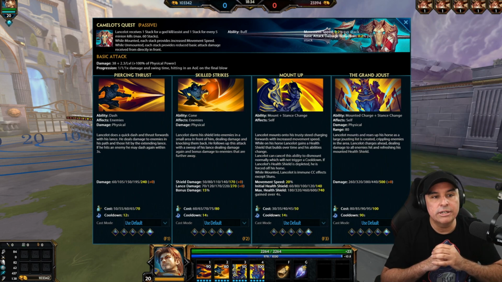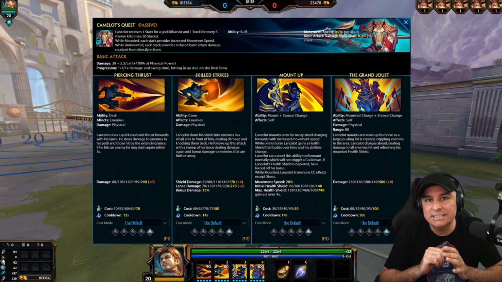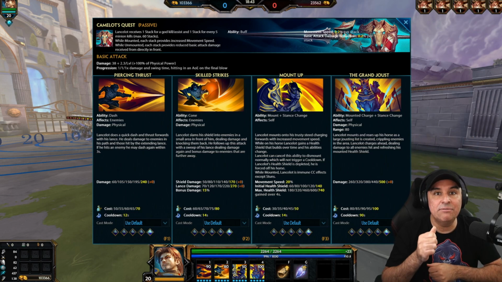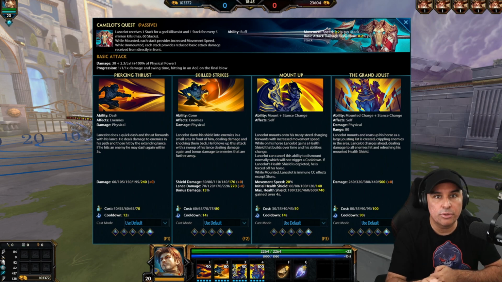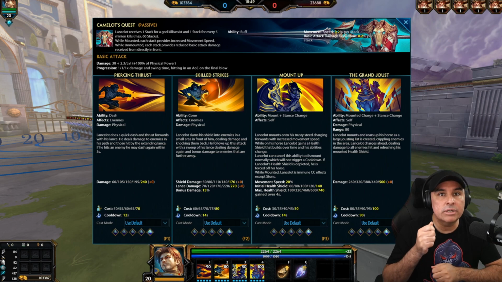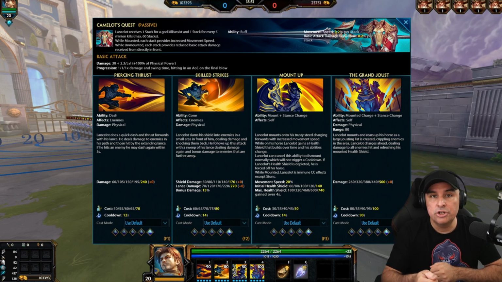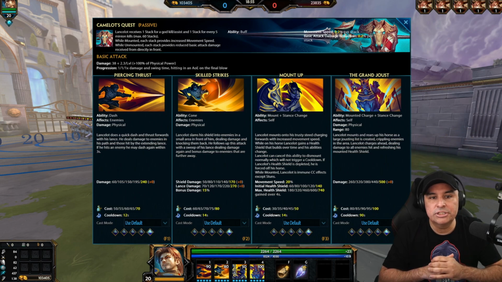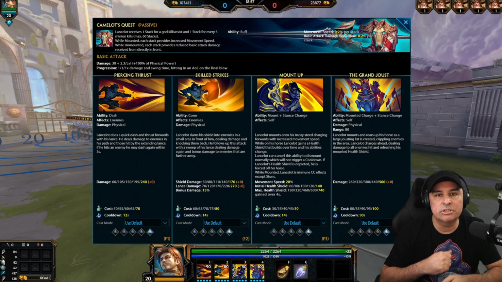Now his number one is called Piercing Thrust. This Piercing Thrust is almost like an Achilles type attack where he thrusts with his lance, doing really good damage, and if he connects, he gets an additional thrust. So that's pretty much straightforward. Keep in mind, if you don't connect with that initial thrust, you're not going to be able to get that second thrust. Now his number two is called Skilled Strikes, and it's pretty much a shield bash,